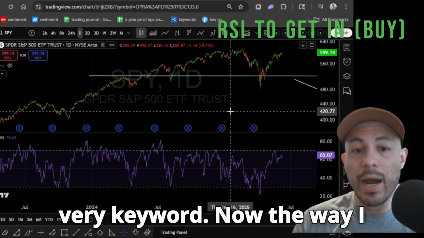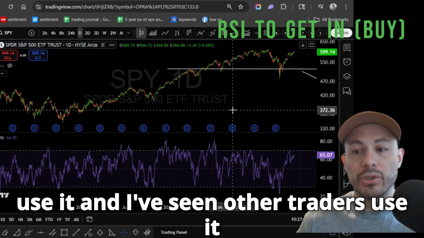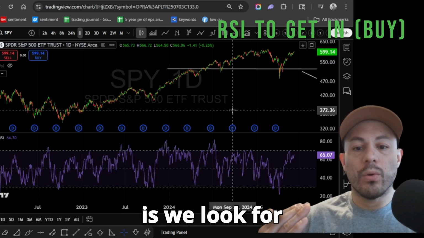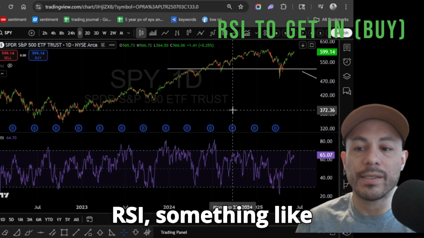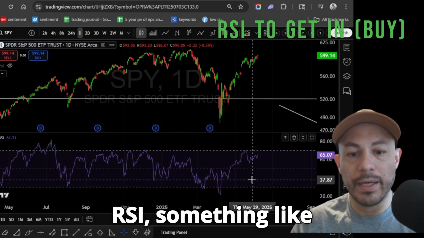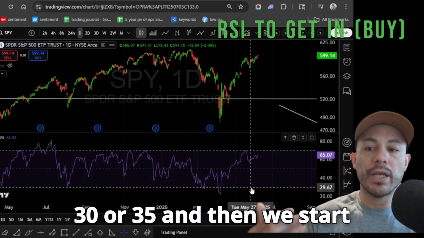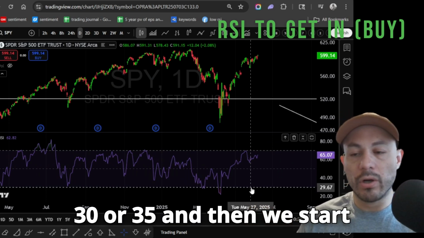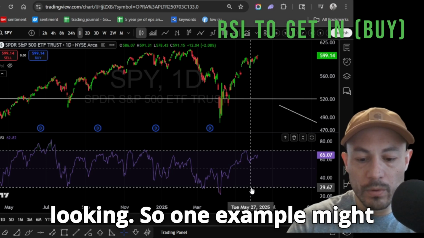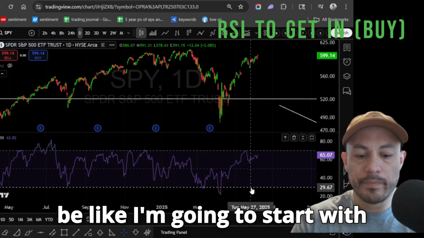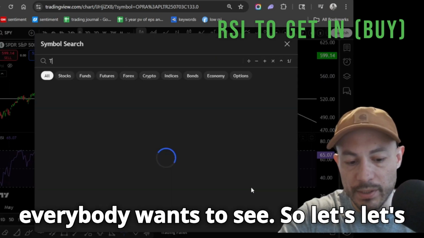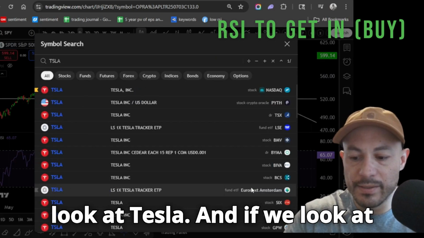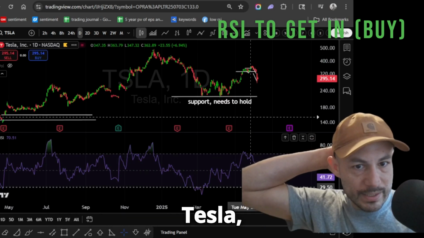Now, the way I use it, and I've seen other traders use it, is we look for stocks that are very low RSI, something like 30 or 35, and then we start looking. So one example might be, I'm going to start with popular examples because that's what everybody wants to see. So let's look at Tesla. And if we look at Tesla,